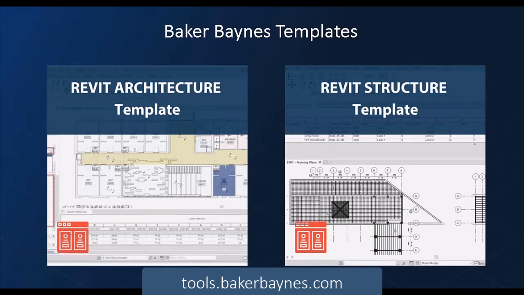meet other deadlines. Here at Baker Baynes, we've created two templates, one for architecture and one for structural. These templates adhere to South African standards and can be used as is or be a great foundation for you to make further amendments to make it more specific to your organization. You can find these templates on our new platform called Transformation Tools with numerous other content and tools for your